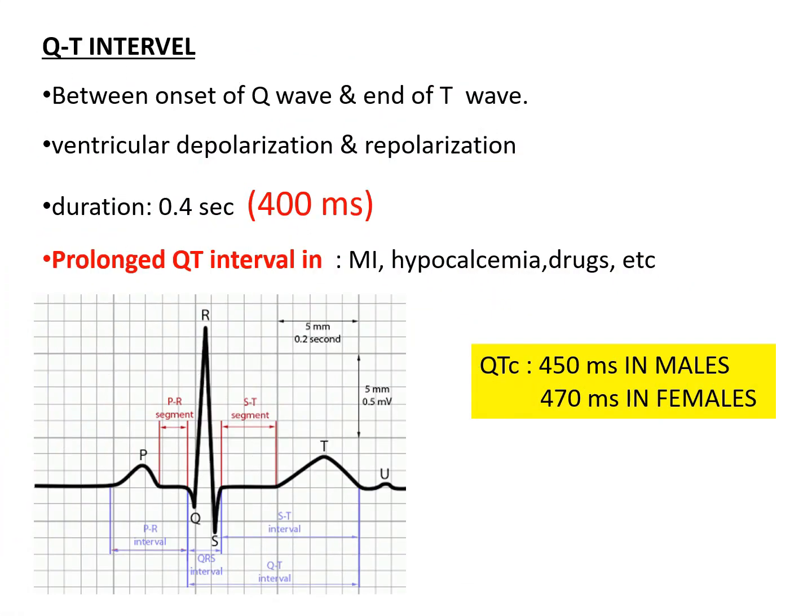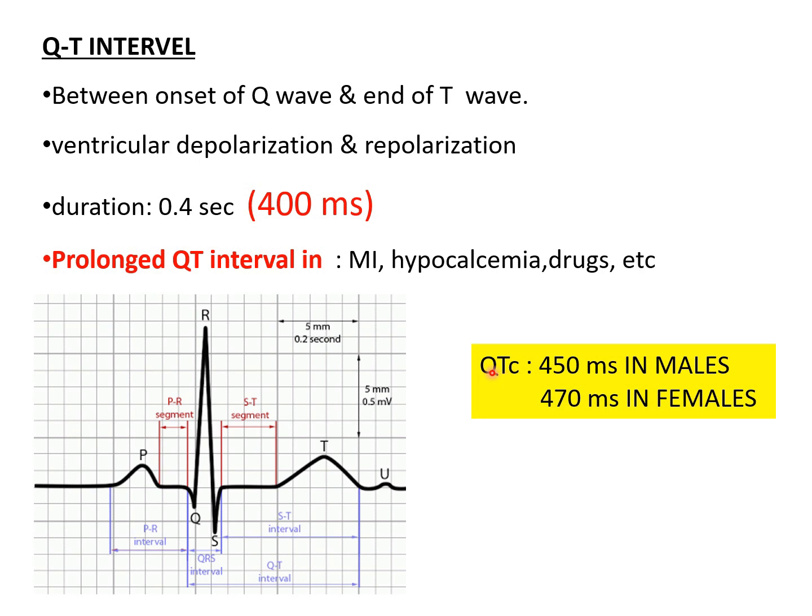In the sixth step, we are considering the QT interval. The QT interval in the ECG is very important. What is this QT important? The QT interval is the interval between the onset of Q wave and the end of T wave. So this is the onset of Q wave and here you have the end of T wave. So this interval you can consider as the QT interval. Normally this will be around 400 millisecond. But nowadays in ECG we are considering QTc, that is the corrected QT interval.